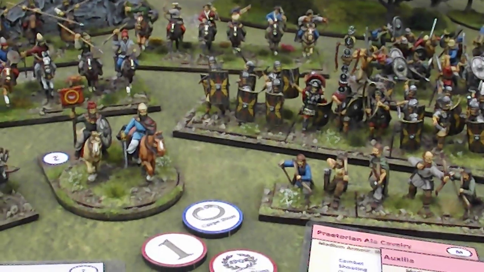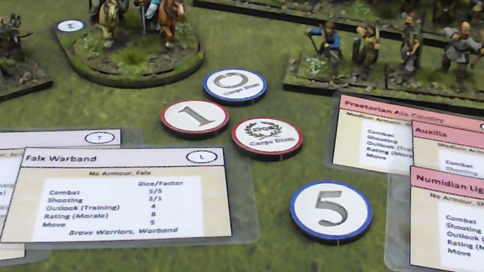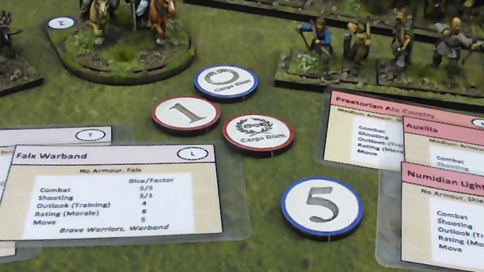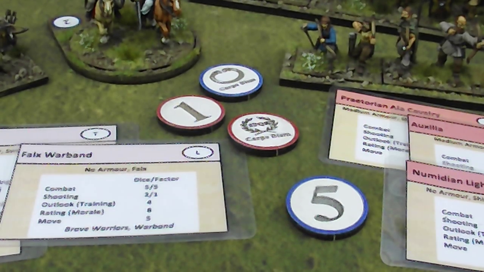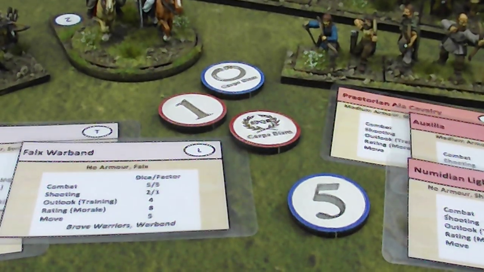Why Augustus to Aurelian? Well, the one thing I really love about Augustus to Aurelian is that we're able to use chit activation, which is common in the horse and musket period. I mean, you've got rule sets like Muskets and Tomahawks, Sharp Practice, etc., that do that sort of thing. But I think this is relatively unique to the ancient period. So I love that activation